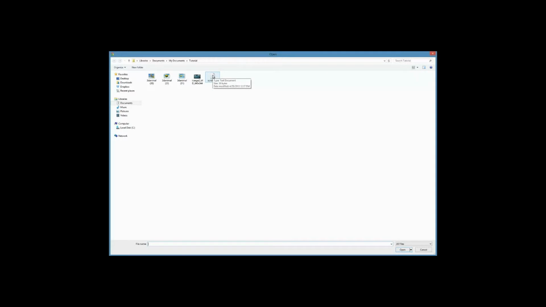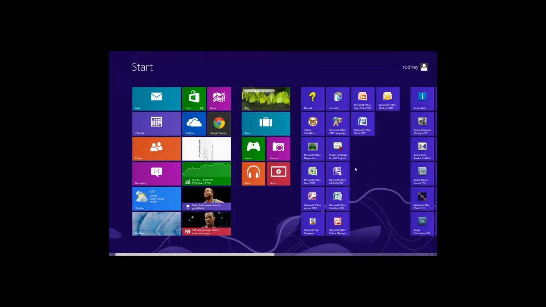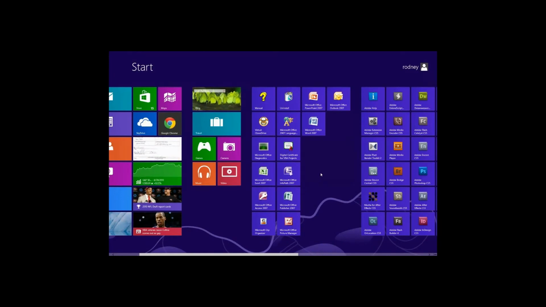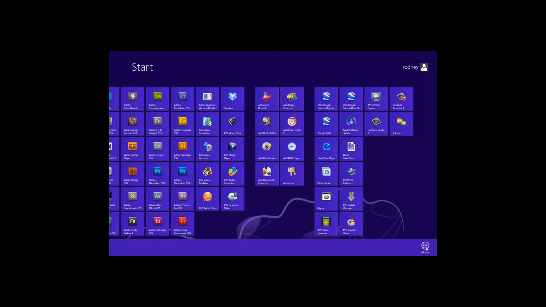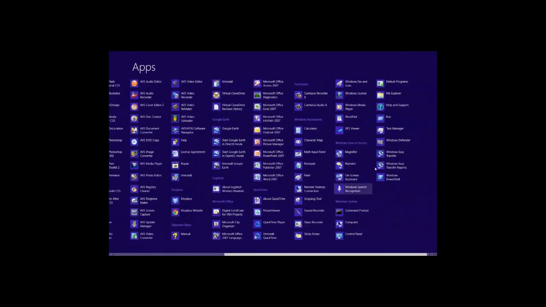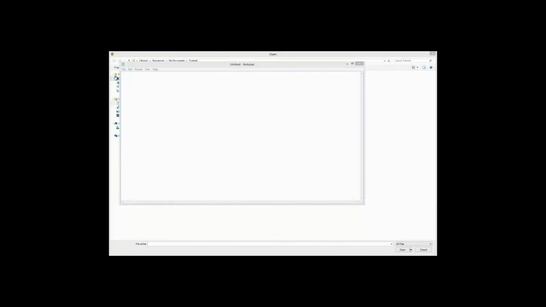However, to get a text file, you need to use Notepad, and I'll show you very quickly. I'm dealing with Windows 8. If you're dealing with Windows 7, your Notepad's going to be under Start, Accessories, Notepad. For me, there's WordPad. I don't want WordPad, I want Notepad. There it is. So once in Notepad, I will type whatever message it is that I want to scroll across